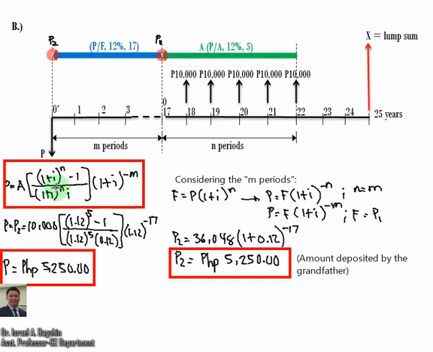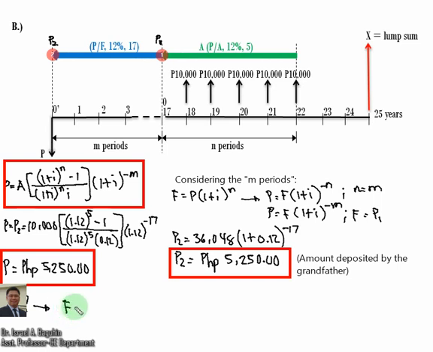But my question is, how about if you are going to find the value of F using this deferred annuity? What formula are you going to use if you are going to find the future worth or the accumulated amount? Since from the first slide we are only given P, to calculate P considering the deferred annuity. So in case you are going to find the accumulated amount or F, this would be equal to